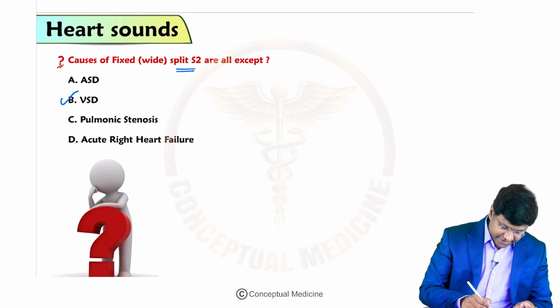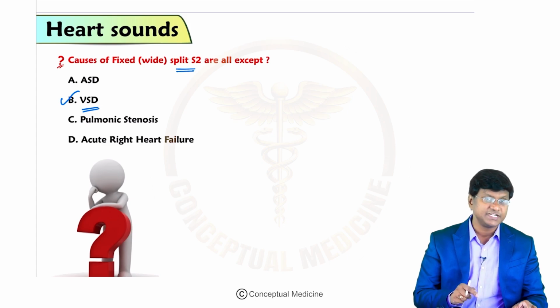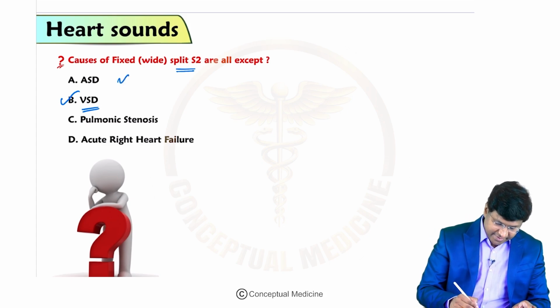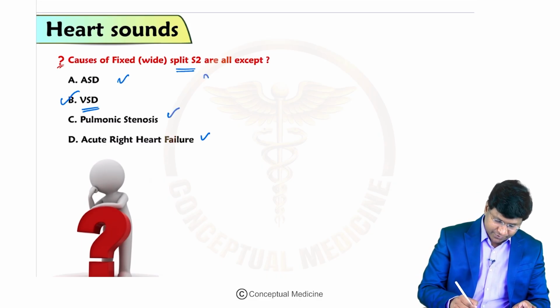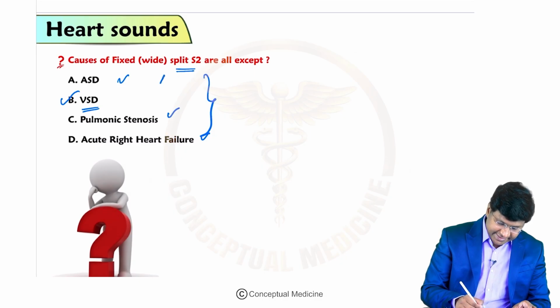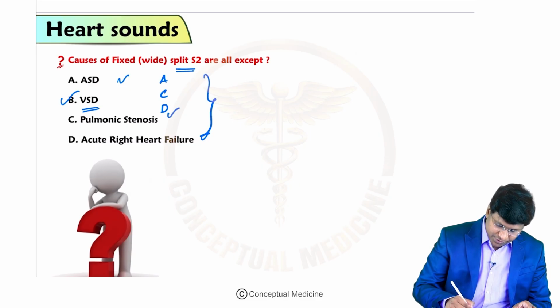You will have a variable split of S2 in the VSD. You have a wide split in VSD but it is a variable split. Whereas in ASD, severe pulmonic stenosis and the acute right heart failure,